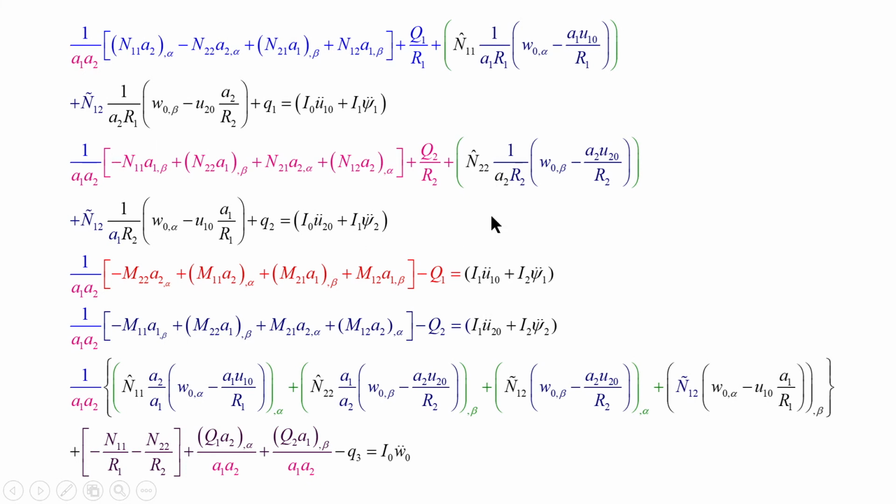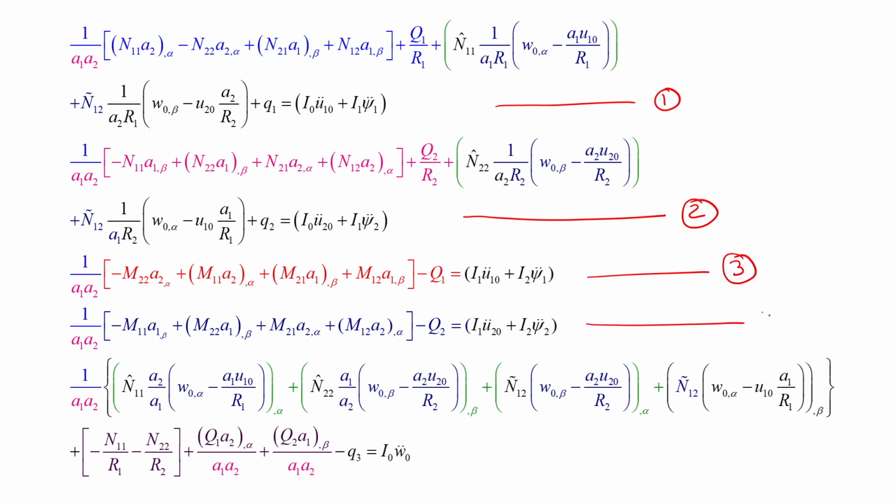So, just have a look. These are the 5 differential equations. Equation number 1, equation number 2, equation number 3, equation number 4 and equation number 5. In some of the books this numbering may be different, because the 5th may come up to 3rd, because after U, V, W comes psi 1 and psi 2.